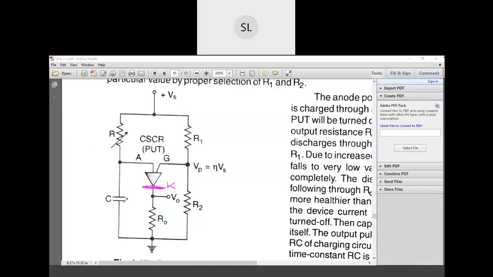The capacitor will start charging through resistor R. Once the voltage across this capacitor Vc, which is the voltage available at the anode terminal Va, becomes greater than the voltage available at this gate terminal VG,